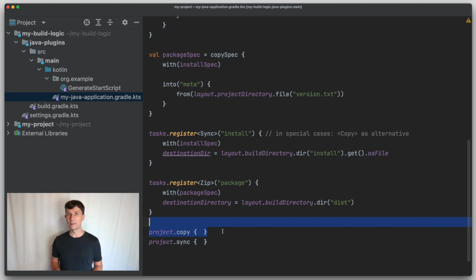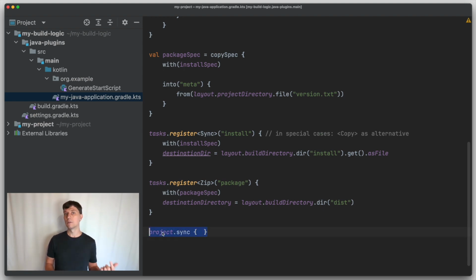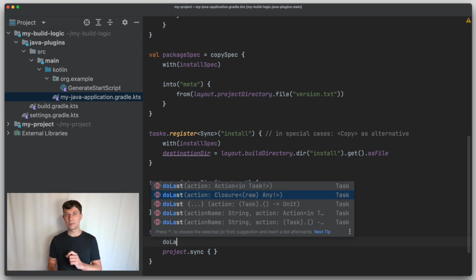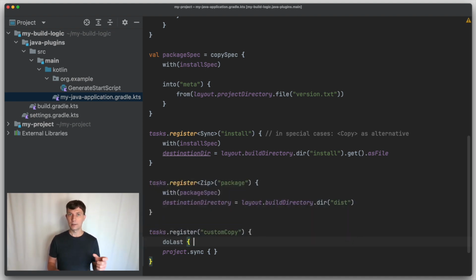If you use this method, it's basically the same we just looked at with the file operation service. So in the place you use this method, the copying will be done. So you would put action code, which belongs into task actions, into the configuration phase of Gradle, which is most likely not what you intended. To move the code out of the configuration phase, you could put this copy statement into your own task actions, which you can add dynamically to a task using the do last operation. That is something we'll look at in more detail in the next video.